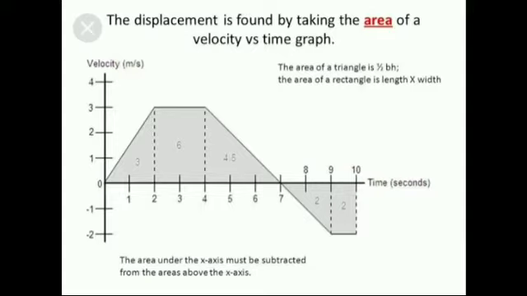Velocity is given by dx by dt is equal to v. Therefore we can write dx is equal to v dt. Integrating both sides, the integral from x1 to x2 of dx is equal to the integral from time t1 to t2 of v dt. In this figure, the upper shaded part is called positive displacement and the lower shaded part is negative displacement. This diagram shows displacement in the velocity time graph.